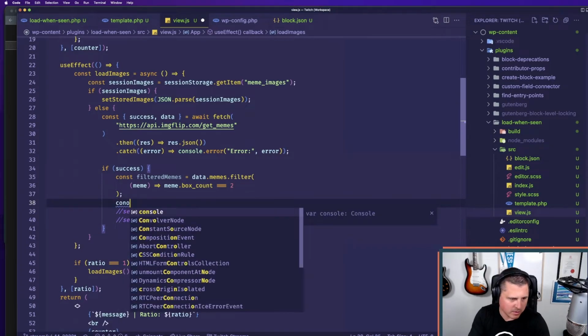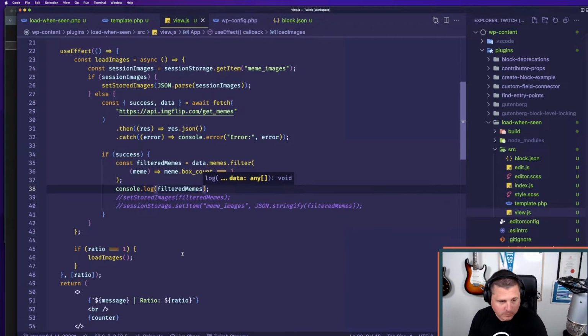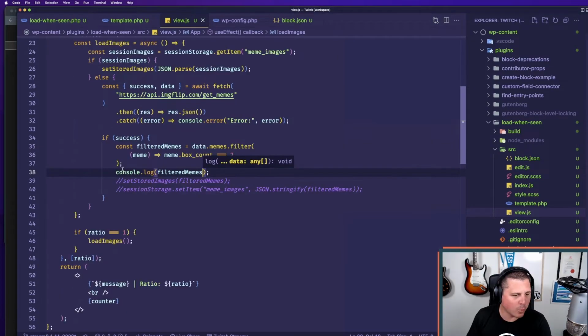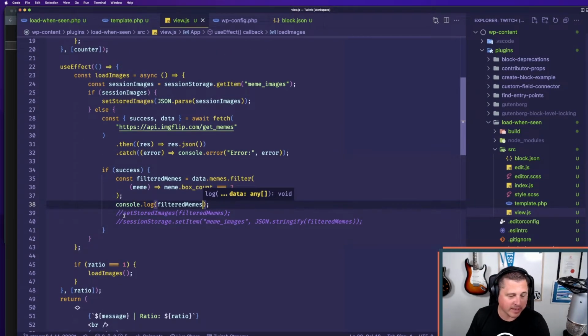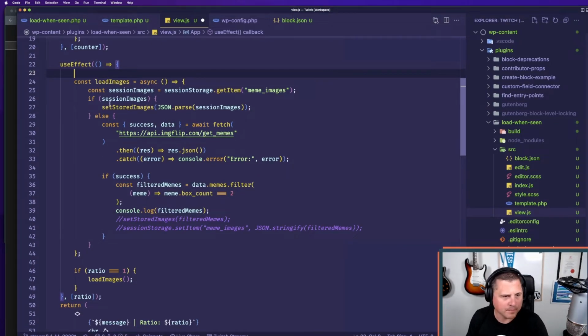I'm just going to console log filtered memes. So the idea here is in a useEffect, and Kevin, chime in, it's my understanding that you can't call an async function directly inside a useEffect. So I've created this function called load images. It's just heading,